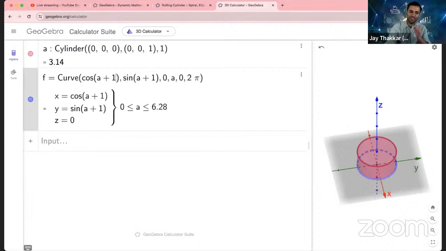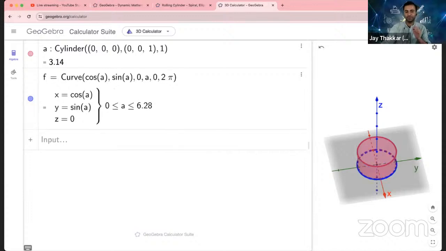Sir, cos angle different and sin angle different, I think. क्या करें? क्या change करें? Different cos मतलब? A, sin B. Two expressions? You wanted to use two expressions? Two variables? Yes, sir. All right. So now in a spiral also,